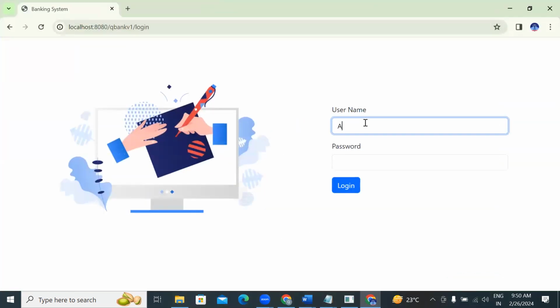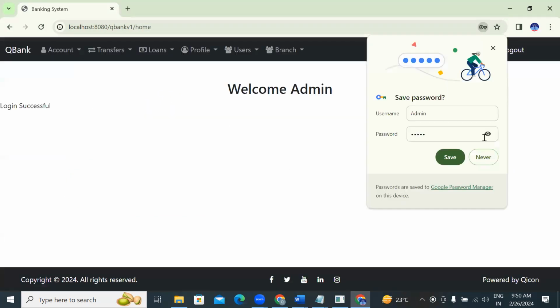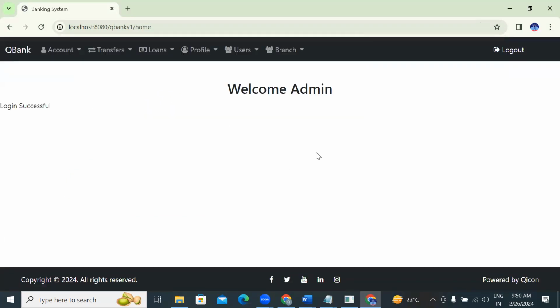Suppose. So what is the password of this admin? Okay. For example,